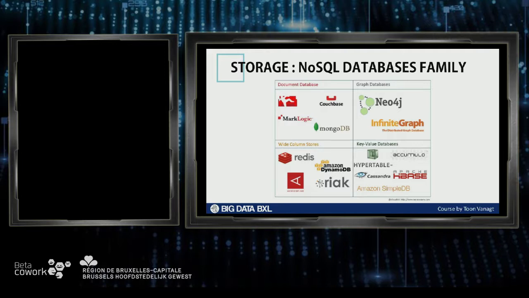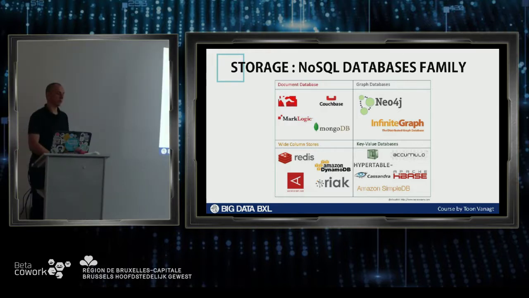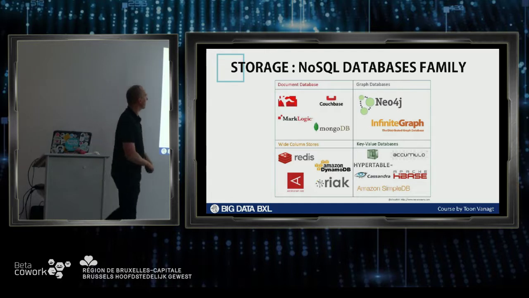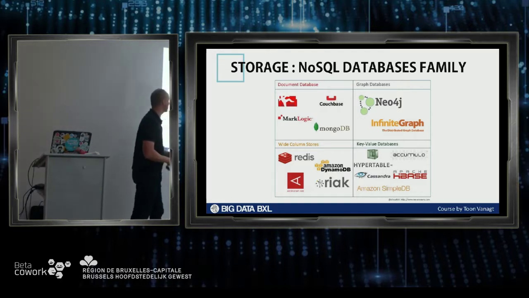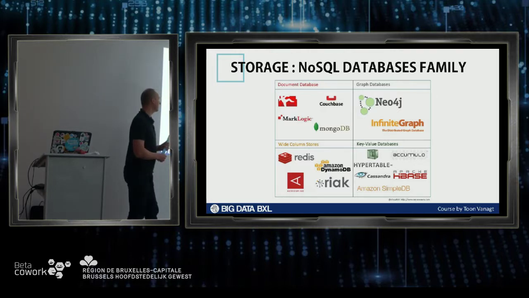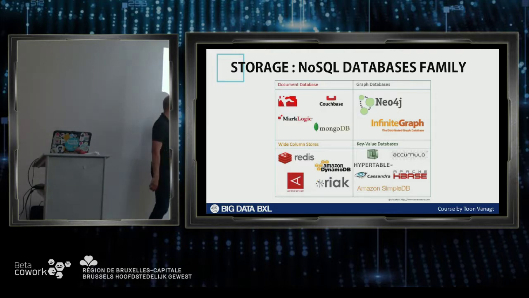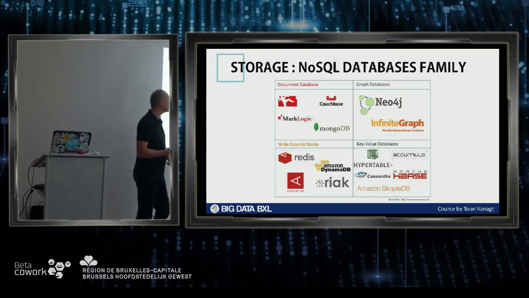The family of the NoSQL databases, here's a few of them that are very popular. I think MongoDB in the document database has gained a lot of traction. If you look at wide column databases, Redis is one, DynamoDB, Riak, Aerospike, those are really popular ones. If we go to the graph database, there's Neo4j. If you look at the Panama Papers, you know that leak where a lot of fiscal information from auditors was leaked.